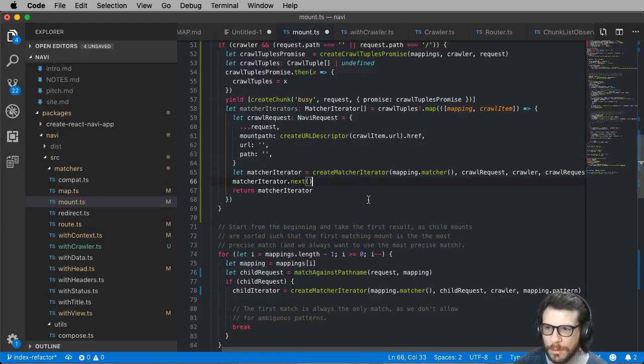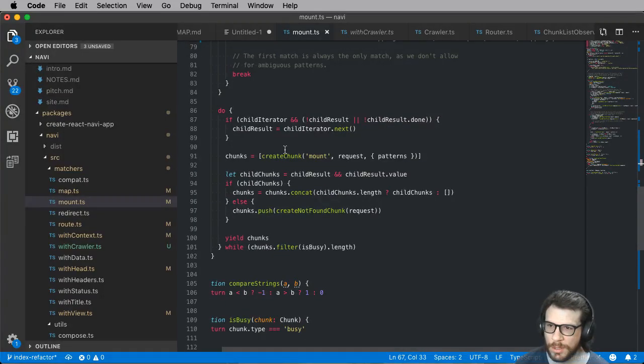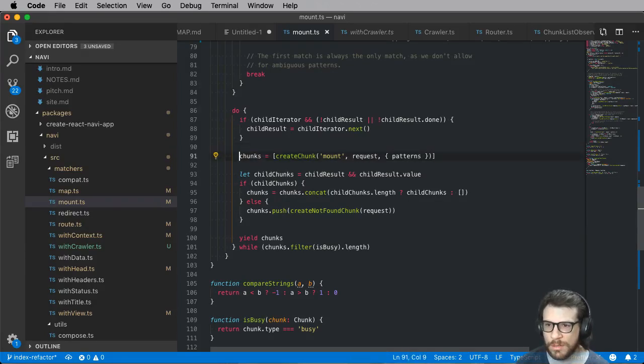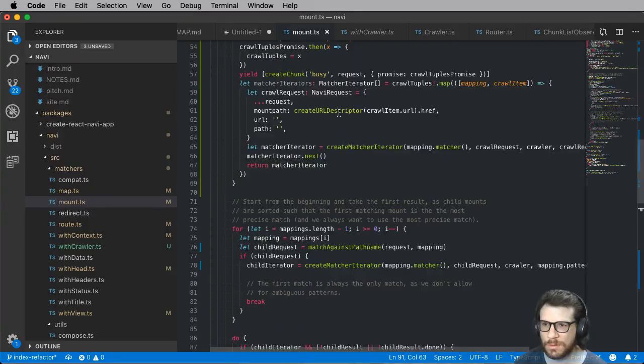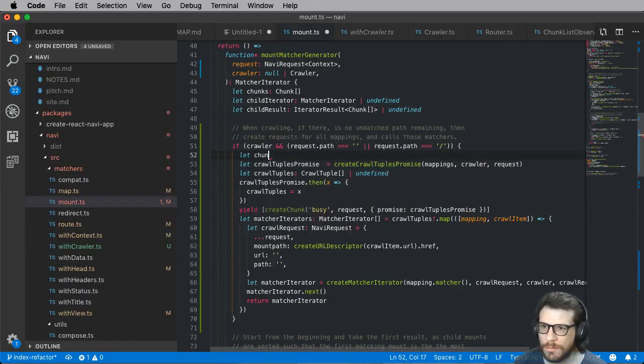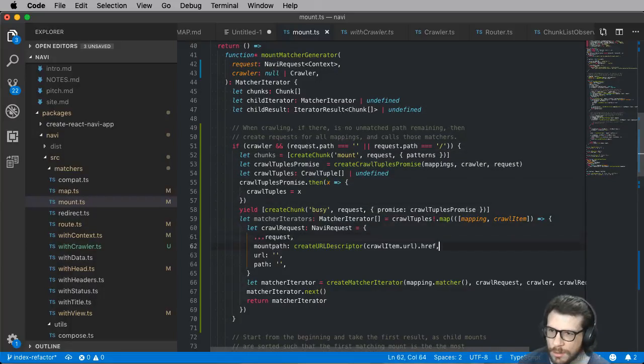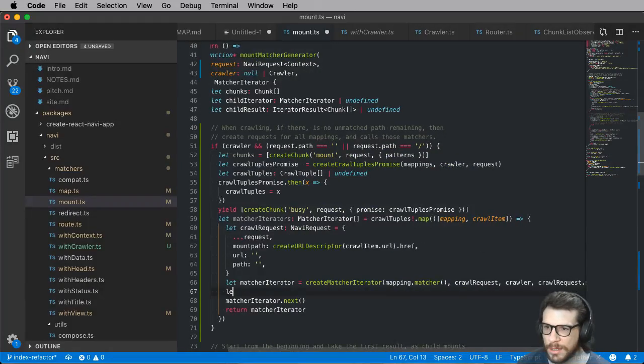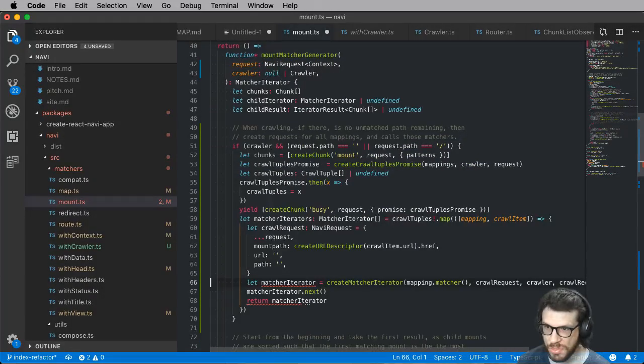So basically I want to concatenate all of these together along with a mount chunk. Okay, so what I'm gonna do, this is like a special path. I'm gonna say chunks equals this, and then for each of these I am going to add, I've created the iterators, so